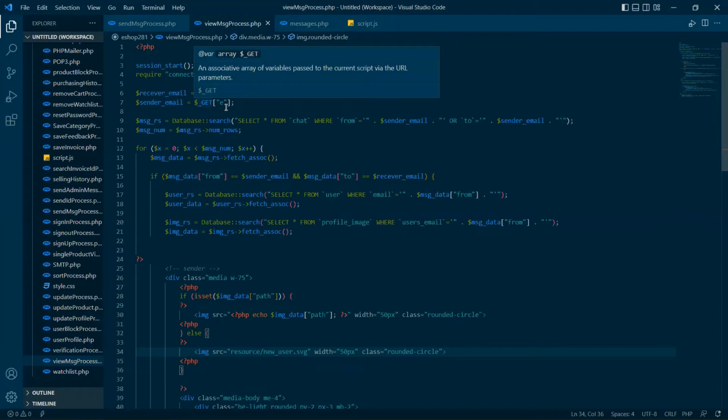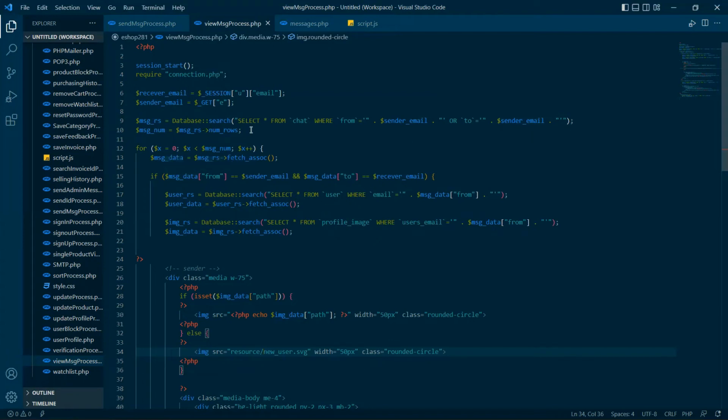I will take the value of IDE and assign that value also to the $sender email. And using this search query, I will take the value of table chat